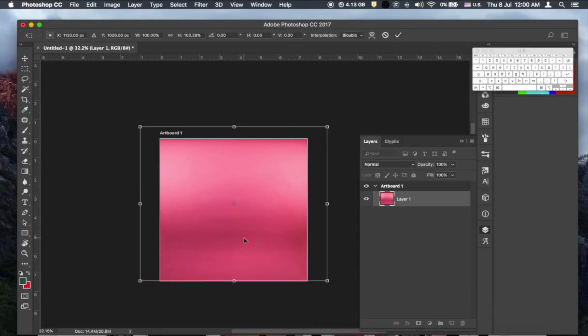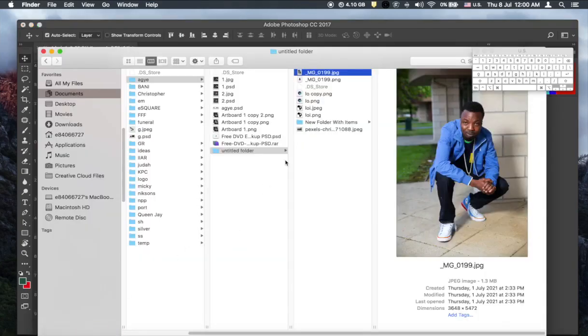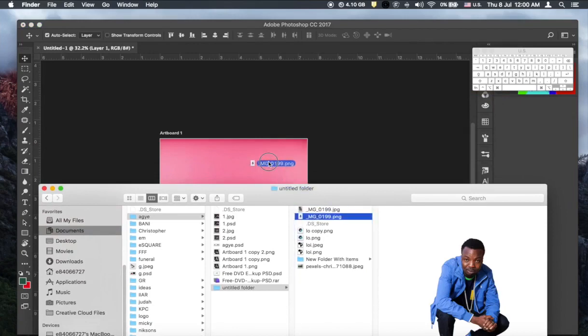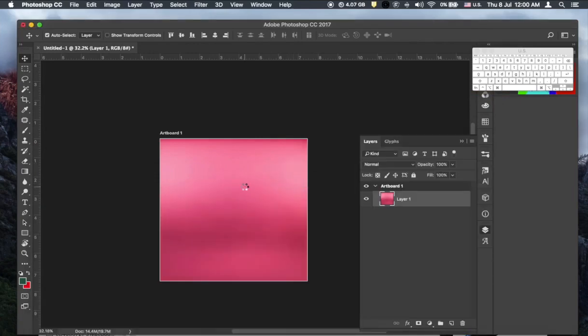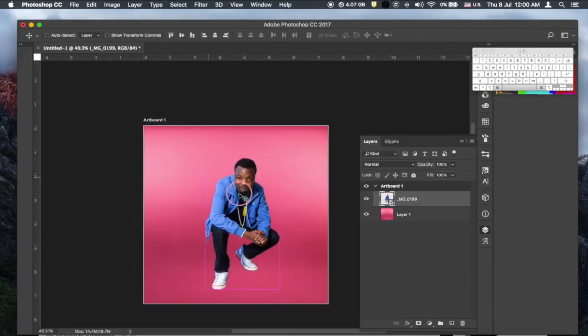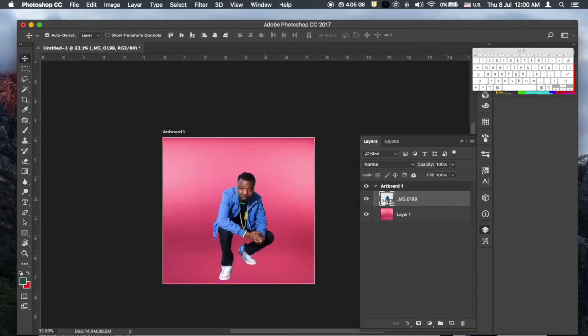I need something on a green. On a green, I'm thinking something on a dark green. I don't want to do so many colors, considering the picture that we work with has so many colors. So I'm just going to drop this into it by dragging it and then release it. So now we have the picture in here. We are going to focus on the background, so we turn off this